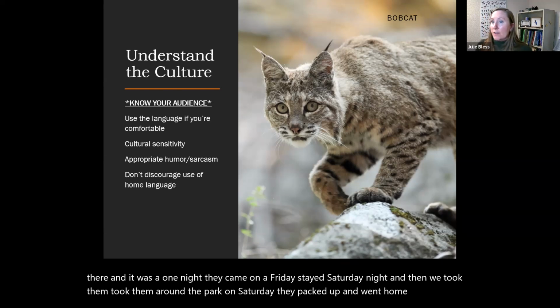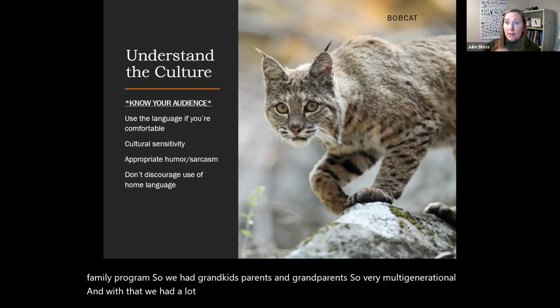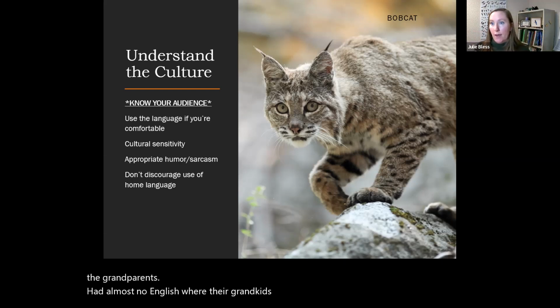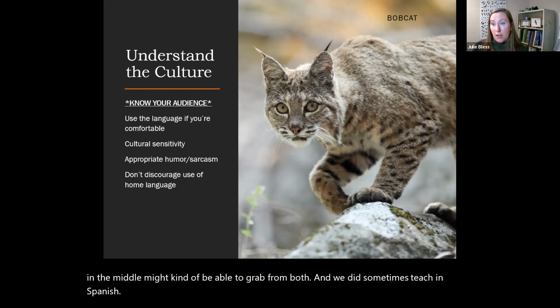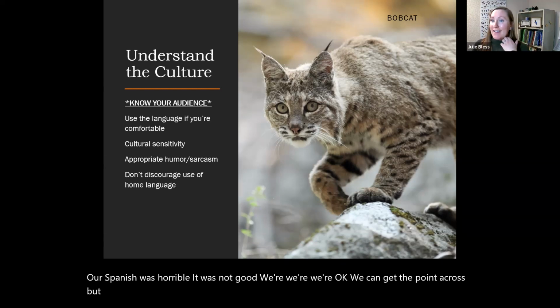And it was a family program. So we had grandkids, parents, and grandparents. So very multi-generational. And with that, we had a lot of different language comforts with English. Sometimes the grandparents had almost no English where their grandkids were translating for them. And then the parents in the middle might kind of be able to grab from both. And we did sometimes teach in Spanish. Our Spanish was horrible. It was not good. We're okay. We can get the point across, but